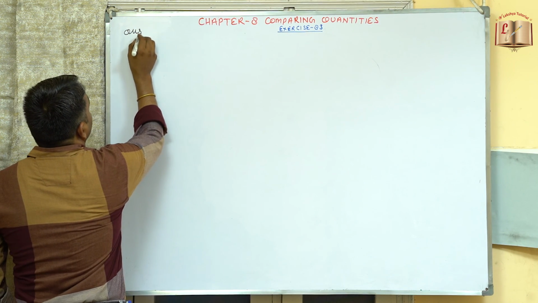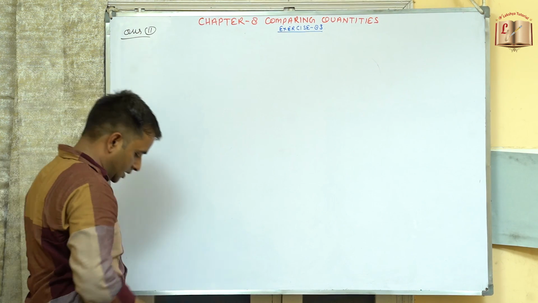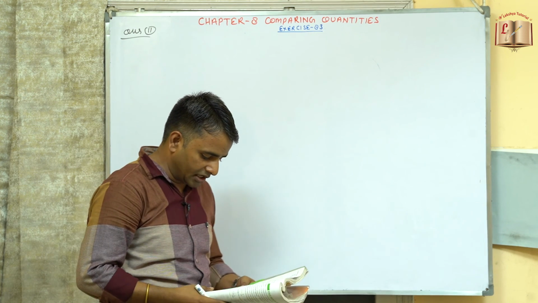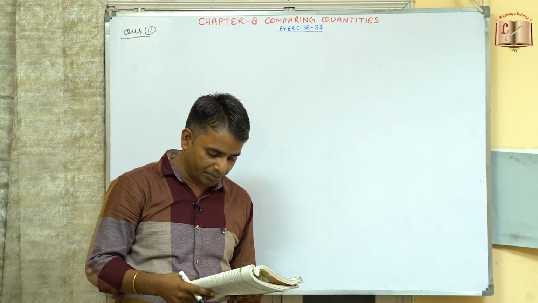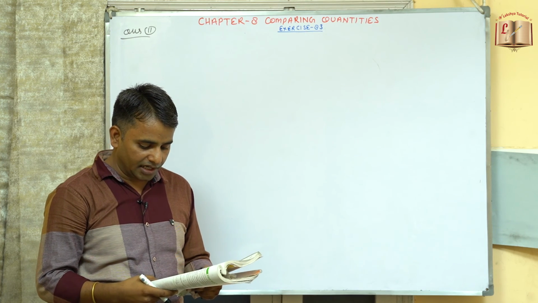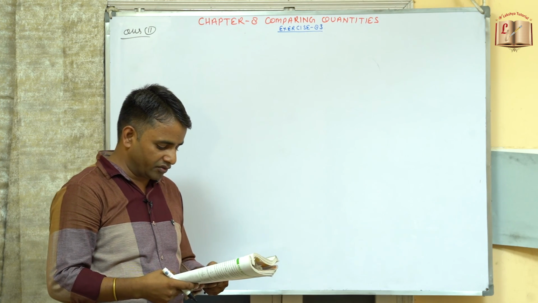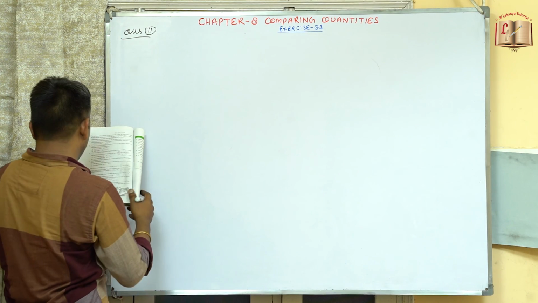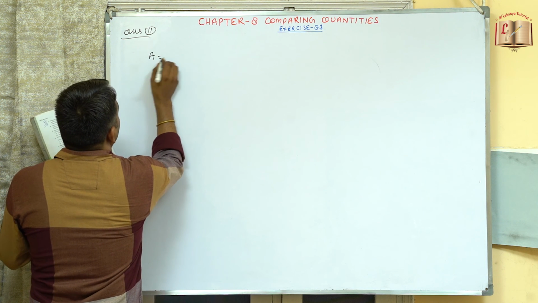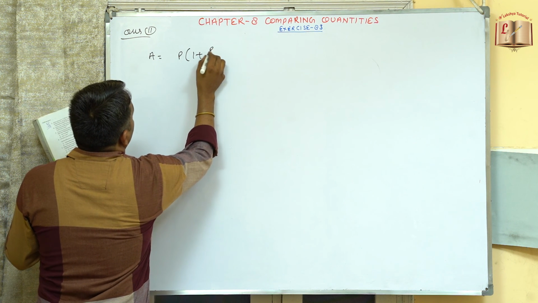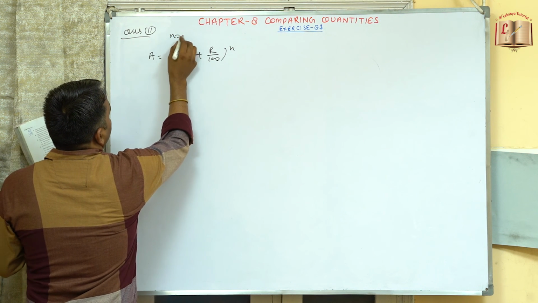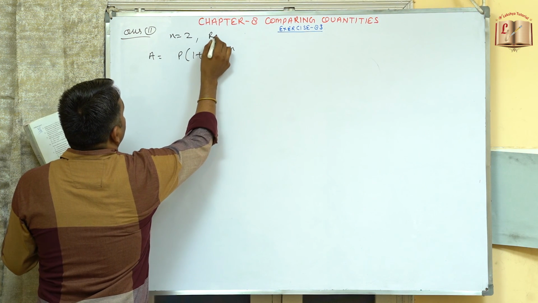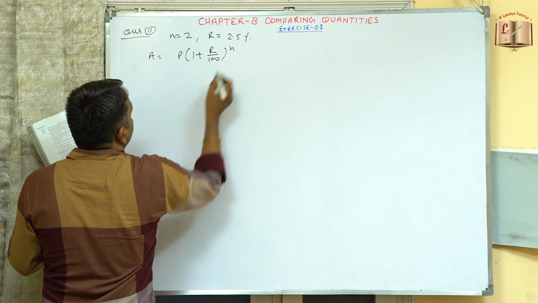So now coming to question number 11. In a laboratory, the count of the bacteria in a certain experiment was increasing at the rate of 2.5% per hour. Find the bacteria at the end of the 2 hours if its count was initially 5,06,000. So again, A will be equals to P times 1 plus R by 100 to power n. Here n will be equals to now 2 and rate is already given 2.5%.